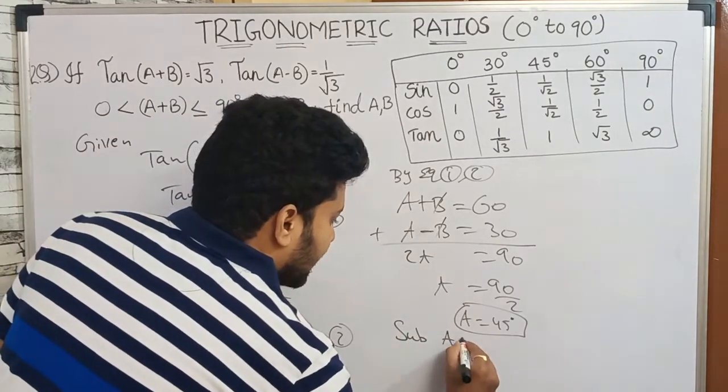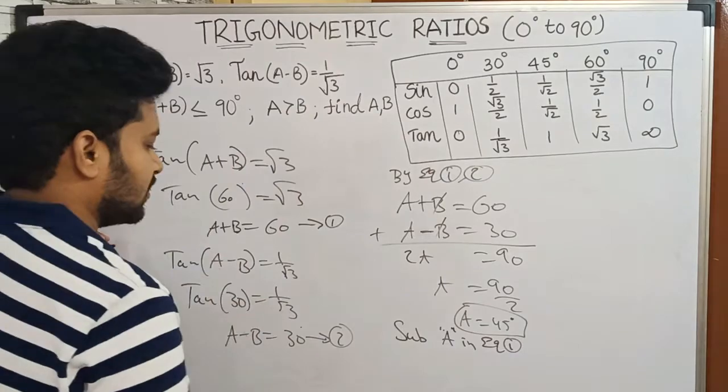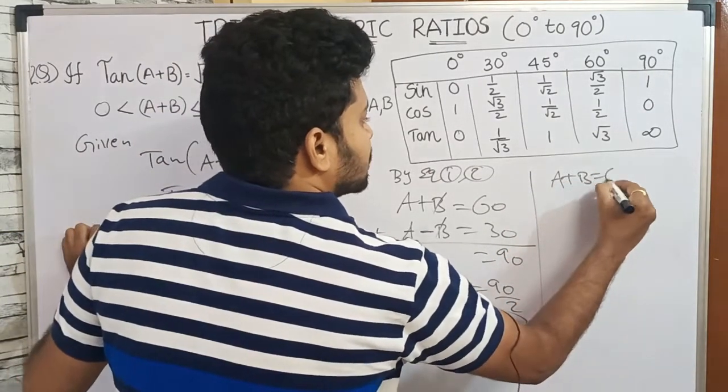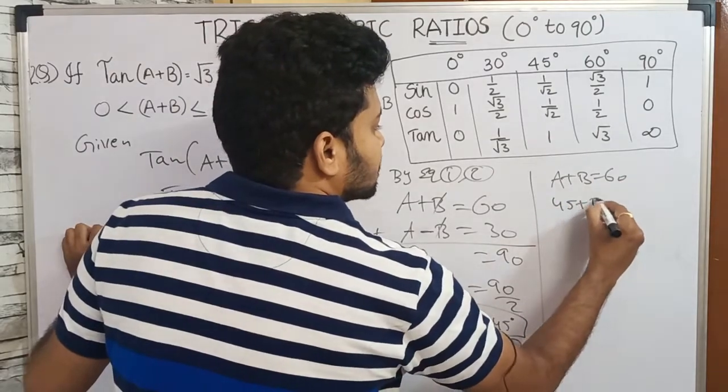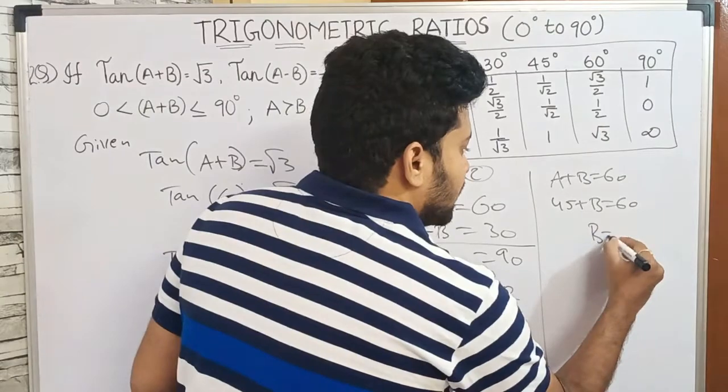Substitute a in equation 1. So what is a here? A plus b is equal to 60. 45 plus b is equal to 60. So 45 will be shifting to the right side. B is equal to 60